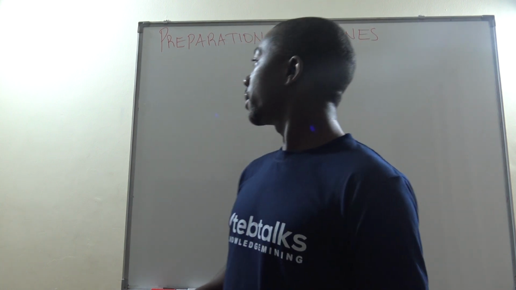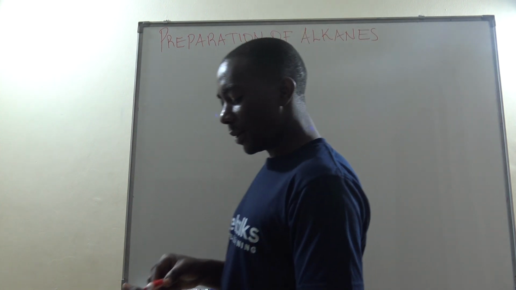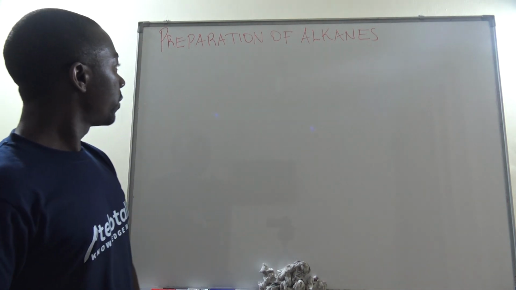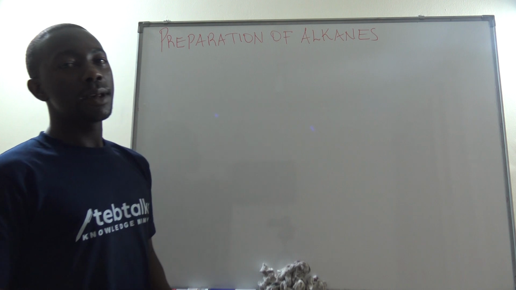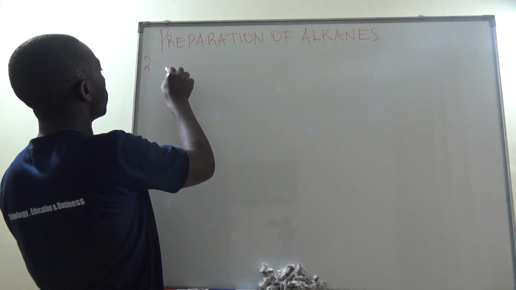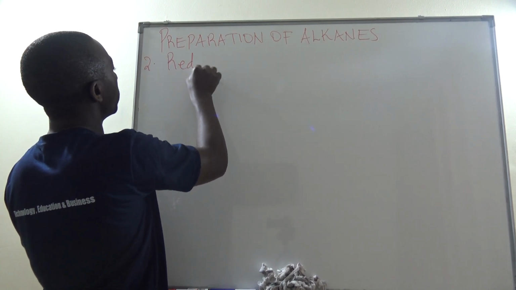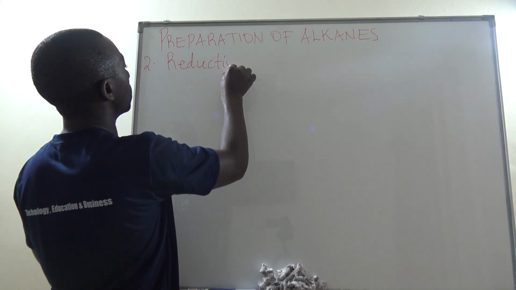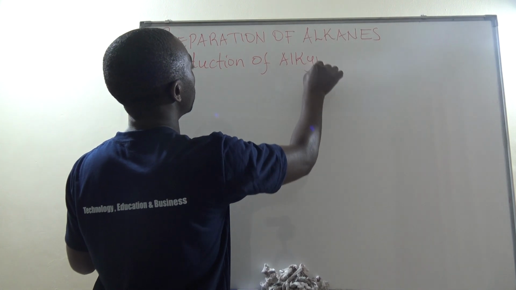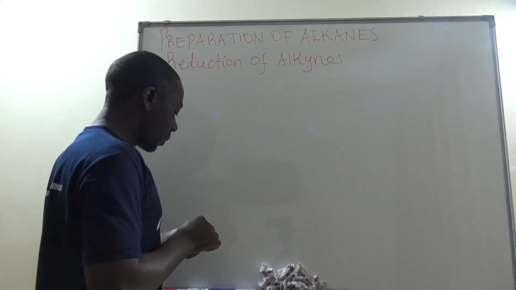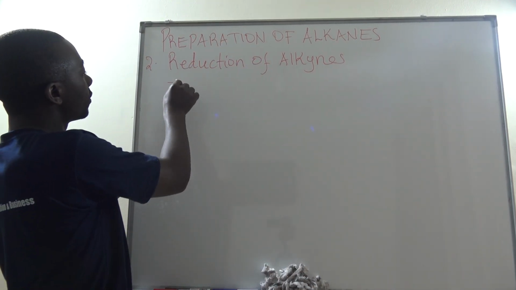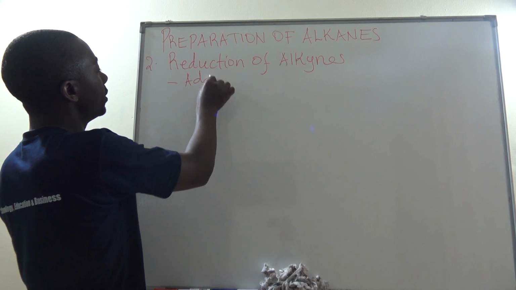Tech Talks Education, we are proceeding with organic chemistry and we're looking at methods of preparation of alkanes. So far we have discussed one, and that was reduction of alkenes. And now we are going to method 2, which is also reduction of alkynes. Reduction of alkynes also involves addition of hydrogen,